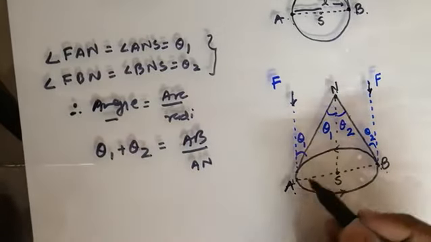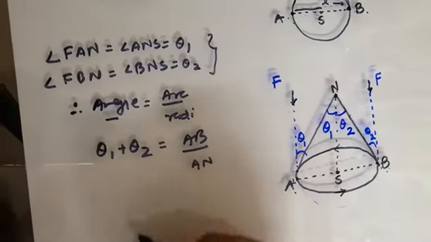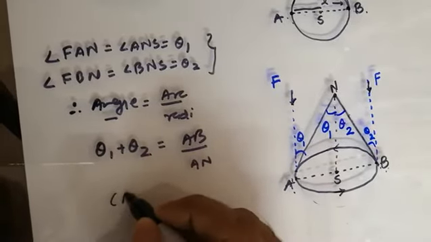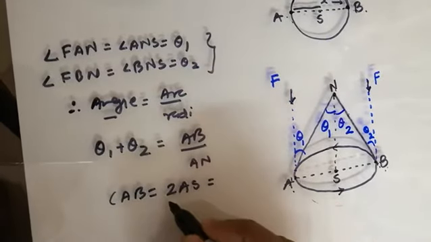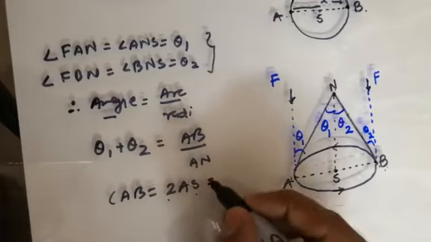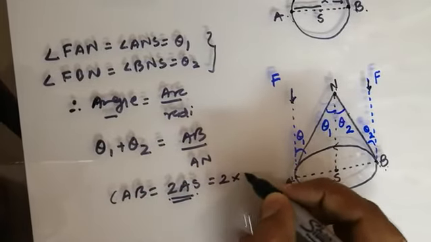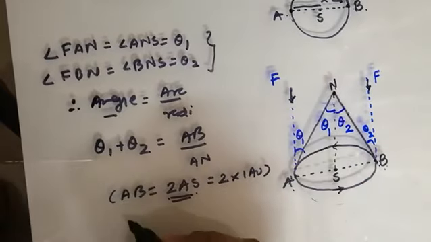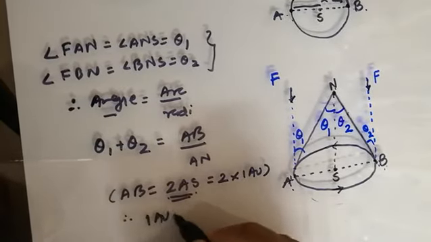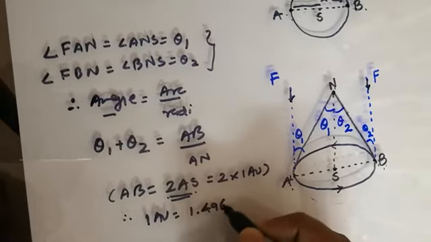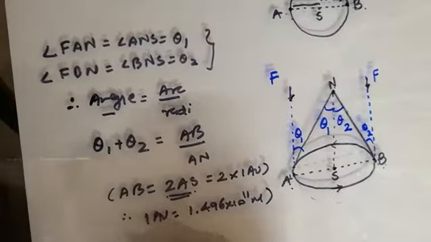You can see that the distance of A and B, passing through the two points with the midpoint as the Sun, I can just say that AB is 2 times the distance from the Sun. You are aware this distance is called 1 astronomical unit, and you are very well aware that 1 astronomical unit is 1.496 × 10^11 meters. So I'm putting those values.